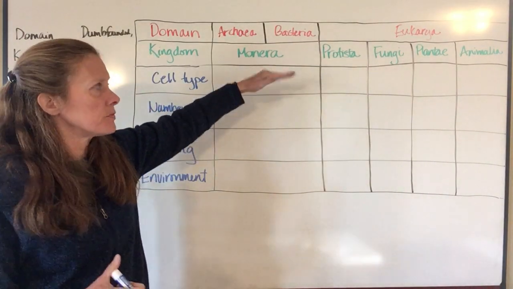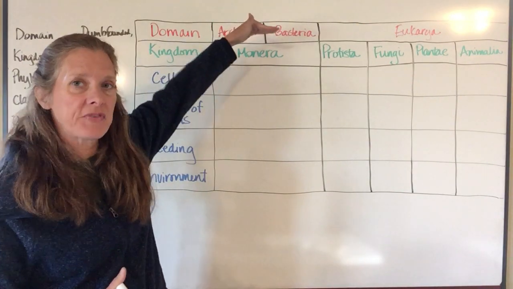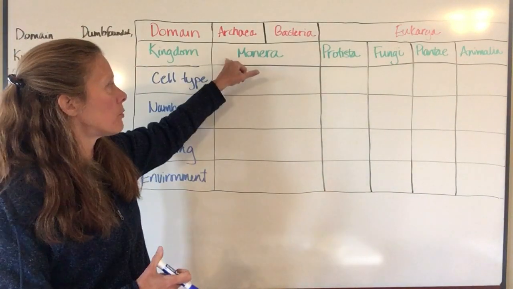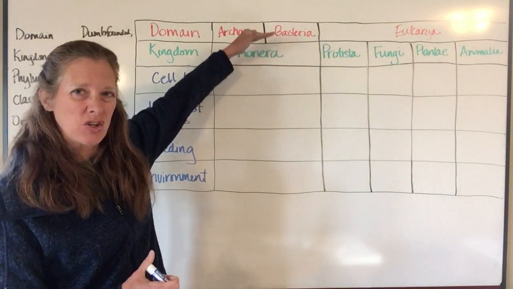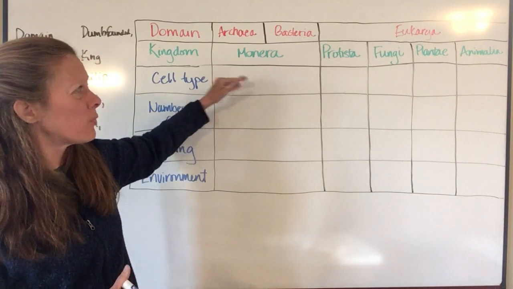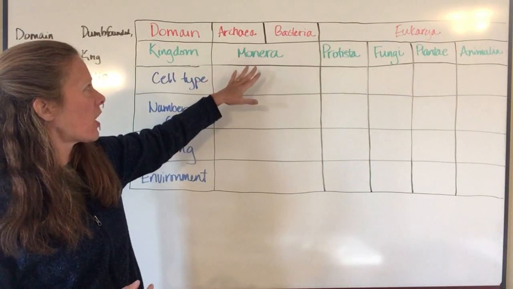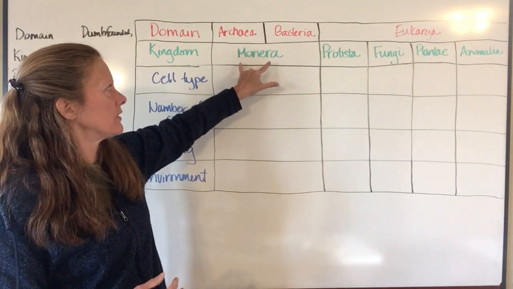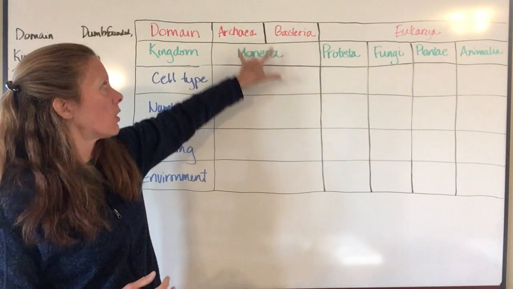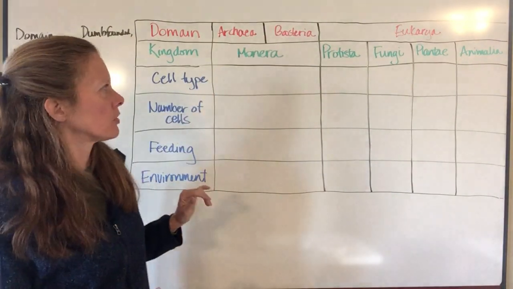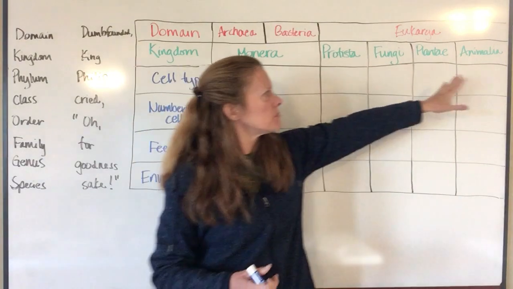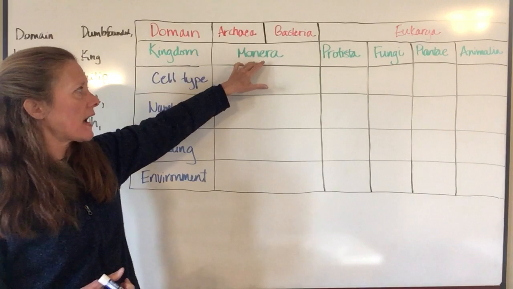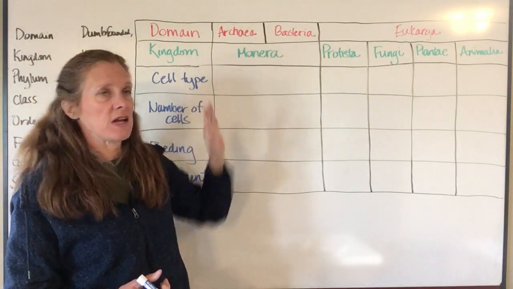And so they put in a level up above that and said there's actually 2 different domains in which all Moneras fit. So this is actually kind of backwards from what we normally think of as far as just being, as you go down, you get more and more similar, whereas in this one particular instance, you go up and you're going to make them more similar to each other. So these 4 kingdoms are all in domain Eukarya, whereas Monerans actually are classified into 2 different domains, Archaea and